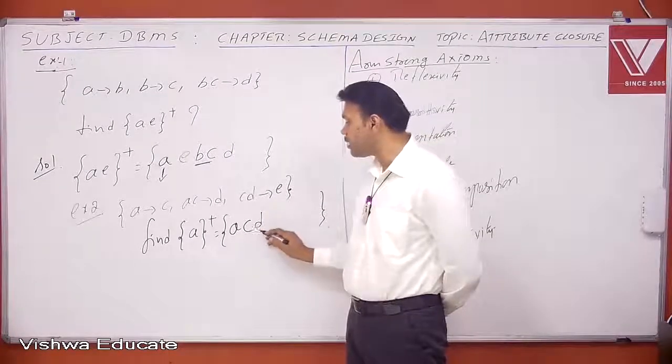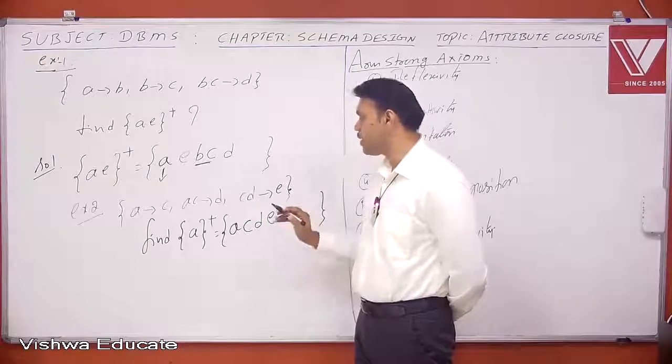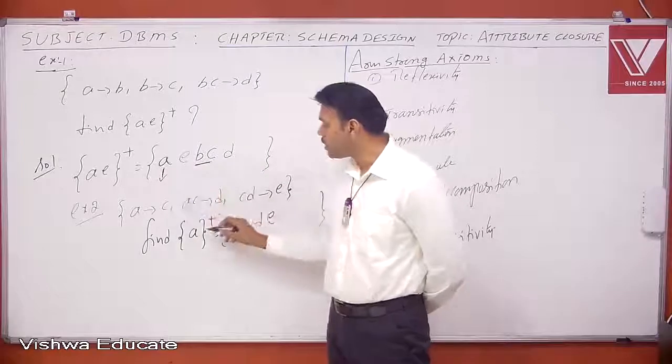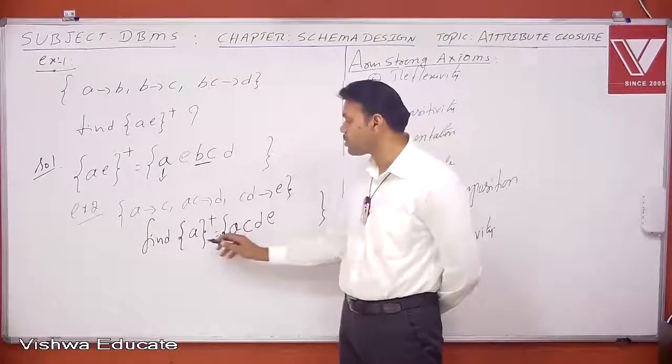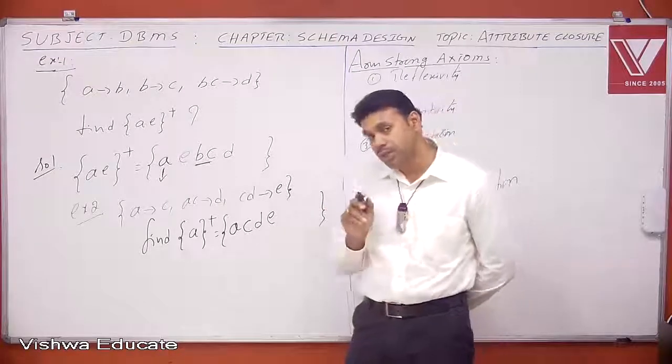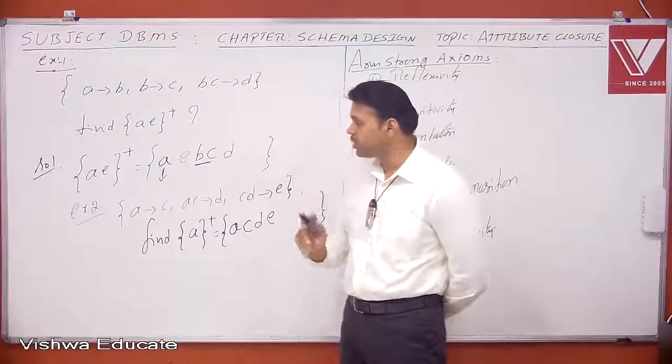So since CD I know, I can get which value? E value. So what not? Anything, everything I got. So therefore the closure of A is nothing but what? ACDE. So what is the meaning of a closure? The meaning of a closure is